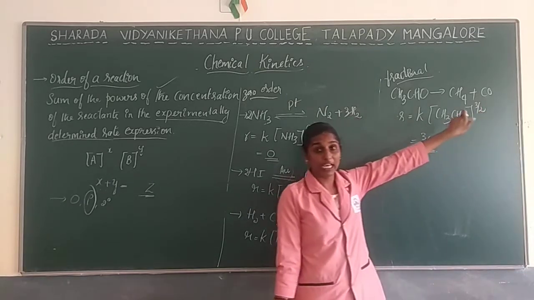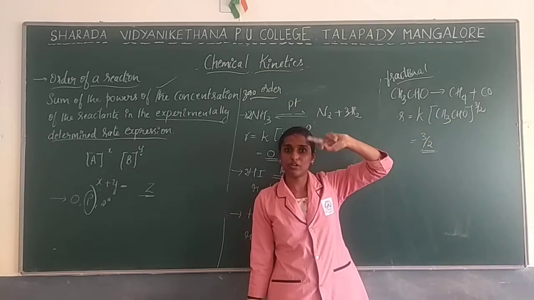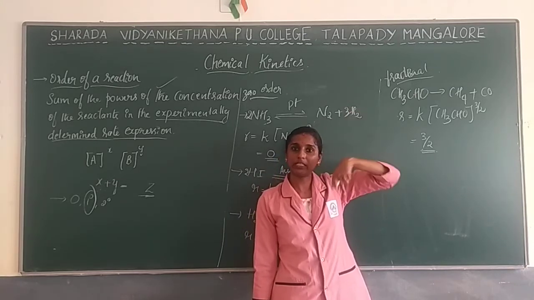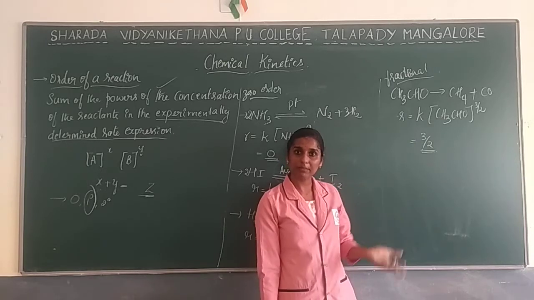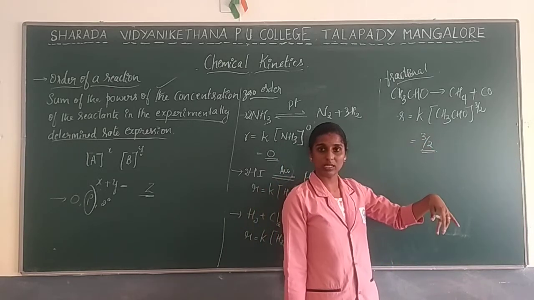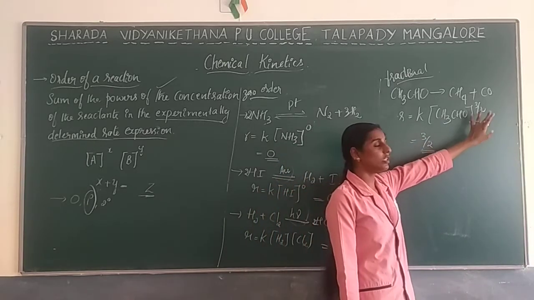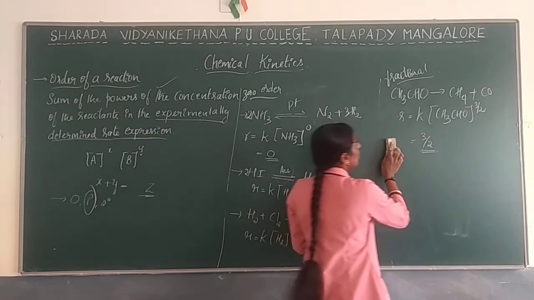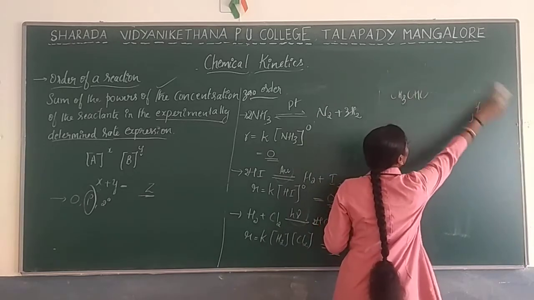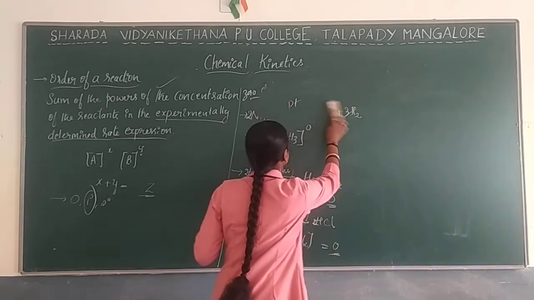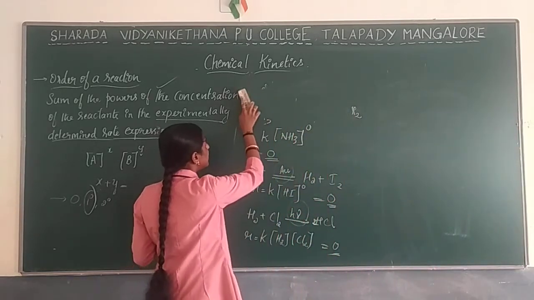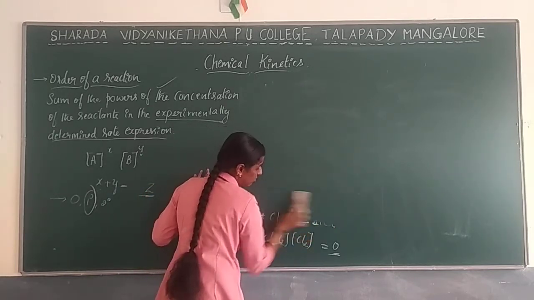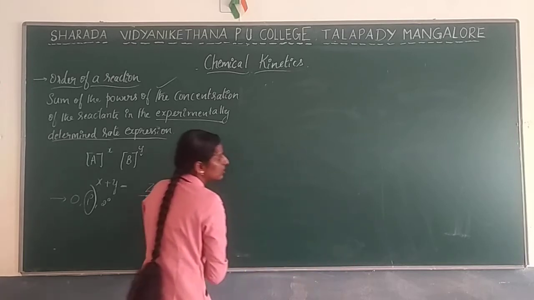When I explained rate of reaction, I also gave one example. Using CnCl3 with the chlorine molecule, you get 1/2 as a fraction, as the order of the reaction. That can also be given as an example. So these are some examples for order of the reaction. As I told, you should remember this reaction with its order. The order is very important to learn under this class.